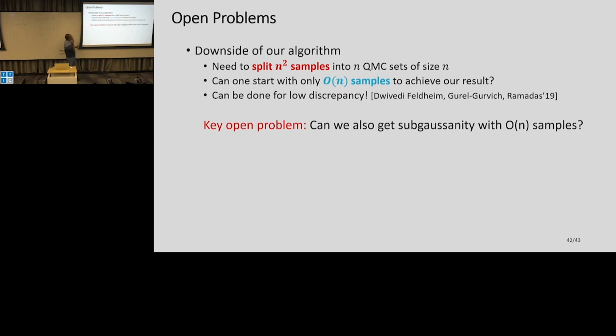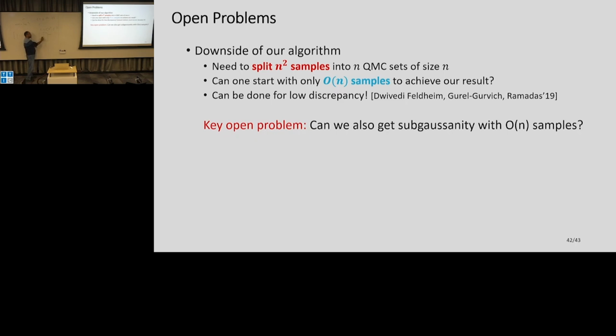Actually, here is a very cool result that came out a few years ago. If you only cared about low discrepancy for boxes, instead of the sub-Gaussianity condition, there was a very nice algorithm which starts with roughly 2n samples and does what's called thinning to get just n samples. It's a really beautiful result. Instead of n squared points, you start with 2n completely random points. If I look at the first half, it could have a square root n discrepancy. But then you can throw away maybe half your points.